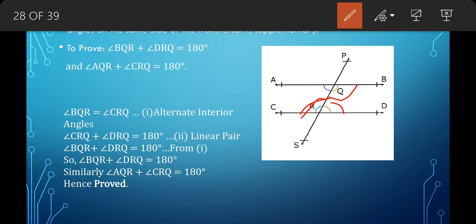In the first one we have written BQR equal to CRQ. Here I have written CRQ plus DRQ is equal to 180 degrees. Can I replace the BQR with CRQ? Yes, here I have written this BQR is equal to CRQ. Again CRQ